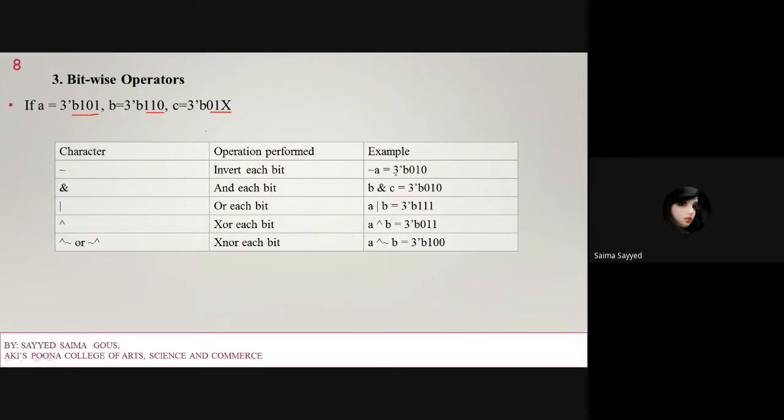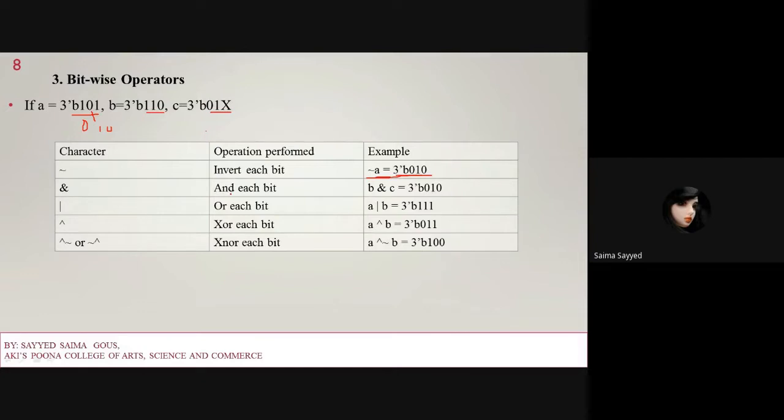So it will give you the answer in 3 bits only. So first is invert, so invert each bit. A has the value 101. So invert that bit: 1 becomes 0, 0 becomes 1, and 1 becomes 0. So it will give you invert A as 010.